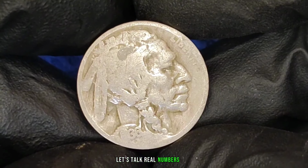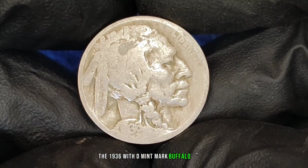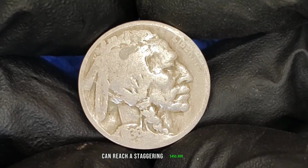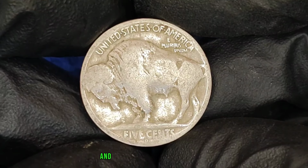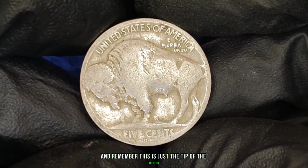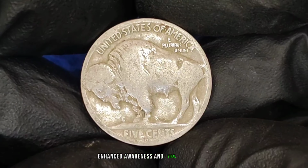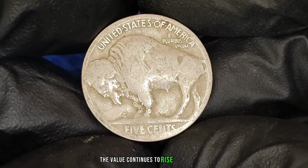Let's talk real numbers now. The 1936 with D-Mint mark Buffalo nickel in fine condition can reach a staggering $455,000 in the current collector's market. And remember, this is just the tip of the iceberg. With rising demand, enhanced awareness, and viral interest in numismatic treasures, the value continues to rise like a rocket breaking